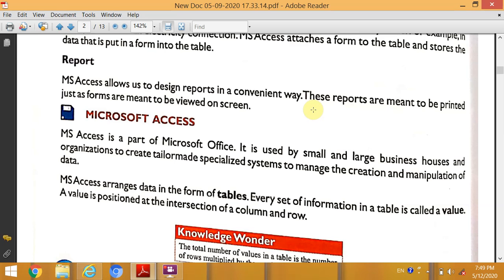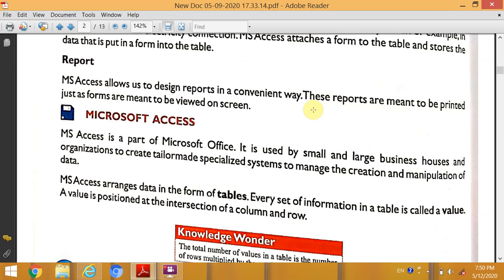For example, if a doctor diagnoses and gives the final results, that is called a report. Any information related to you given in a summary or as a printout is called a report.